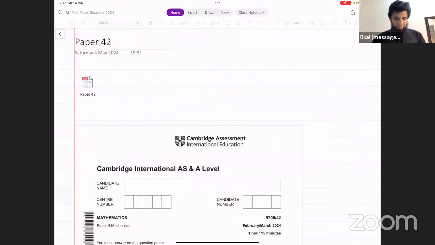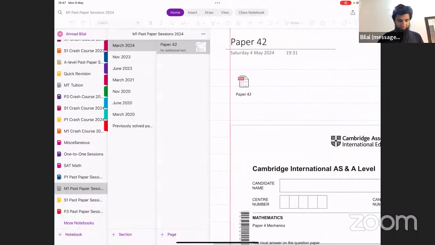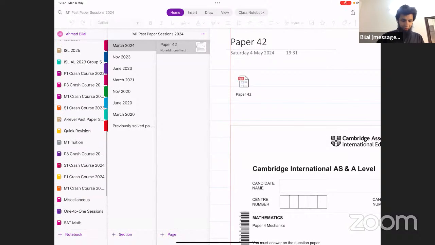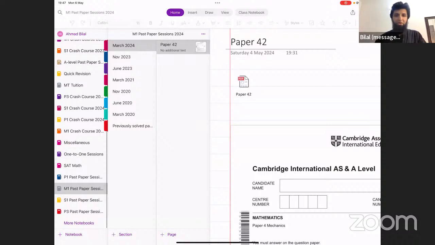Okay, let's start with this then. Let's begin with this. So first of all, the least and greatest value of forces that you have to find out sometimes. There are two types of problems that come on that. One type is,